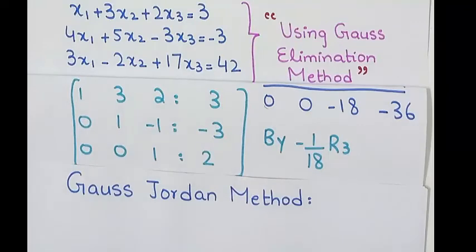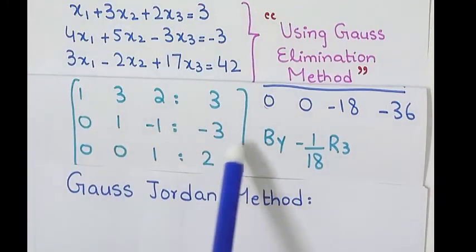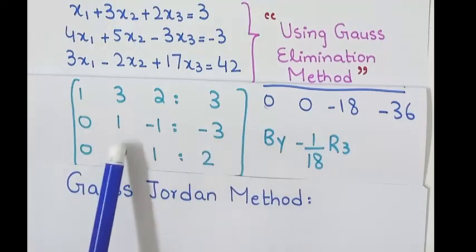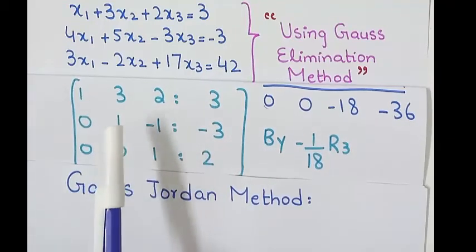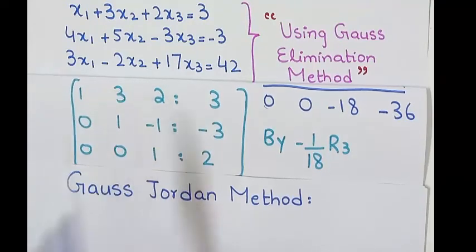Example of the same matrix which we have reduced already to echelon form, because reduced echelon form has two rules. The matrix should be in echelon form, so we have already done this part. The second rule says each leading entry in the row should be the only non-zero element in that column. Here this is a row and in its column this is the only non-zero element. Let's look at the second row. This is 1, but this is not the only non-zero element in its column.